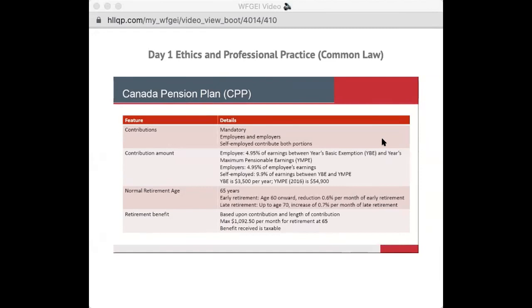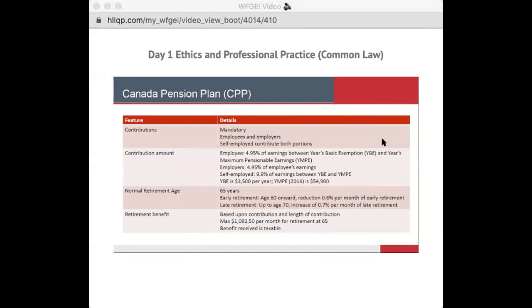However, if you want to retire earlier, you certainly can do that, but you cannot retire earlier than age 60. So in other words, the earliest CPP can start is age 60 onwards, basically. And for each month that you retire early, you must reduce it by 0.6% per month. Okay, so for every single month that you retire early, you lose 0.6%. So if you extrapolate that, you'll see that roughly 36% will be your losses if you start at age